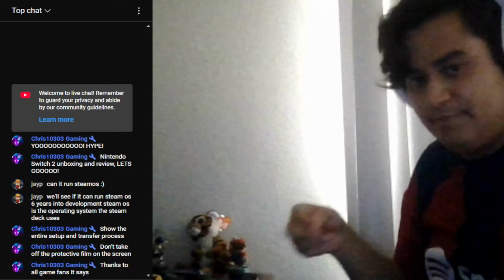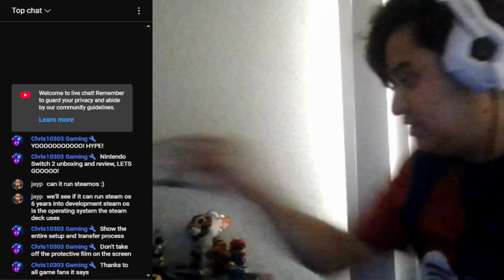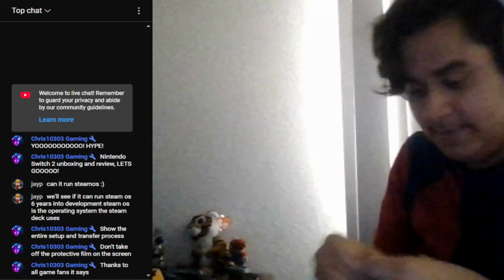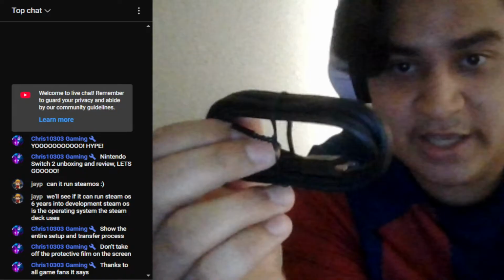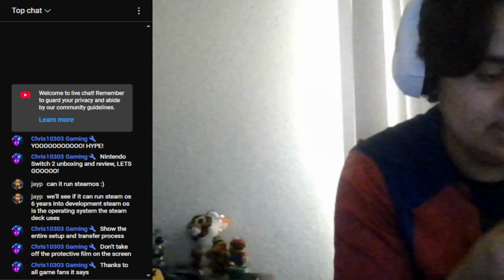Ooh, a bit of my nail popped off. That's bad. That's not it. This is it right here. Okay. So this is the plug-in for the AC adapter. As you can see, it is a USB-C type on both ends, which